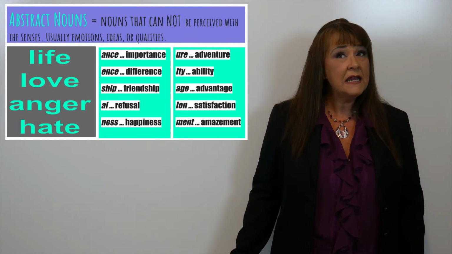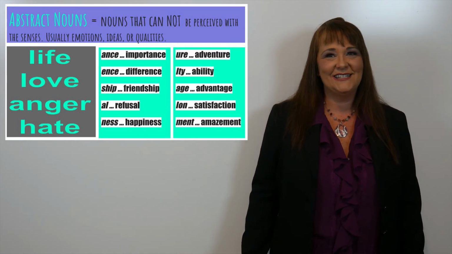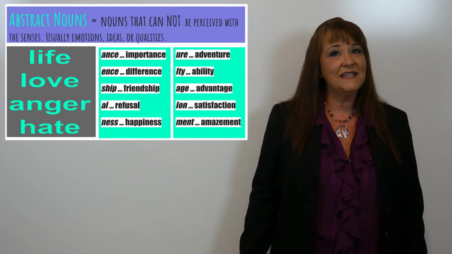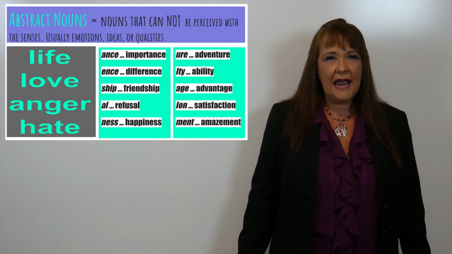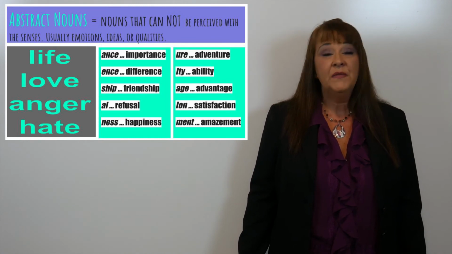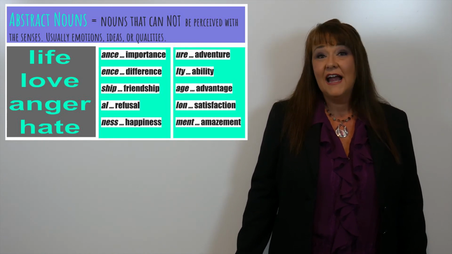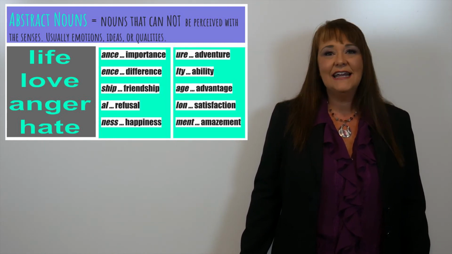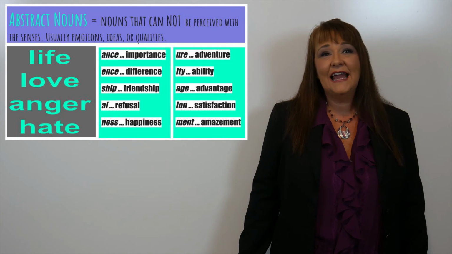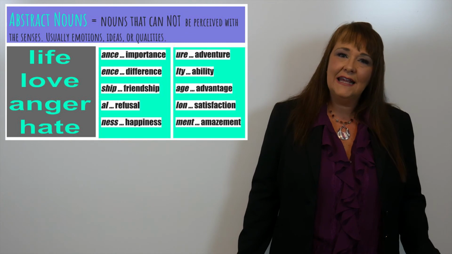In English, many abstract nouns are formed by adding noun-forming suffixes. The most common suffixes used to form abstract nouns in English are ance, like in the word importance, ence, like in the word difference, ship, in the word friendship, al, like in refusal, ness, like in happiness,